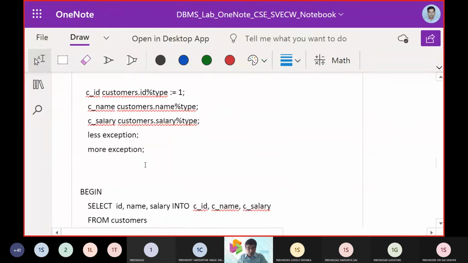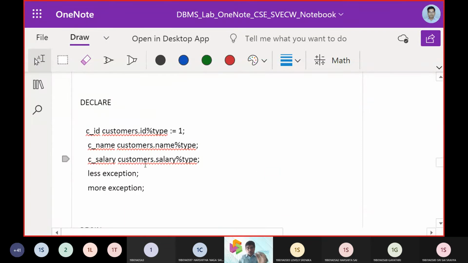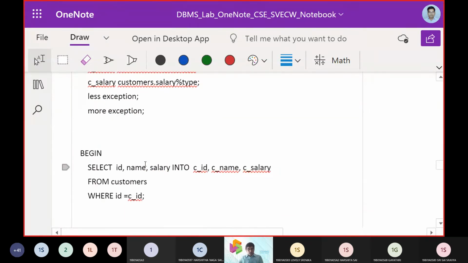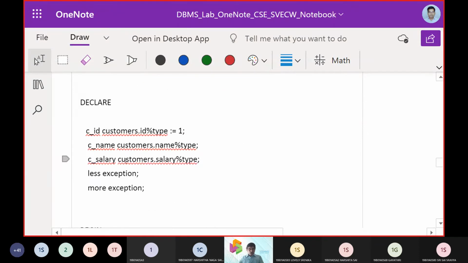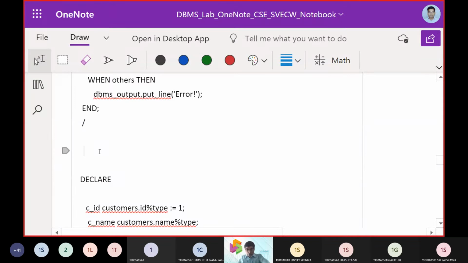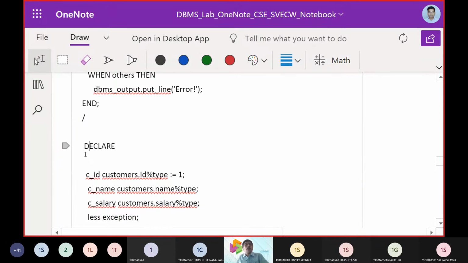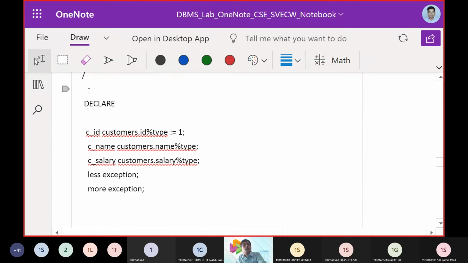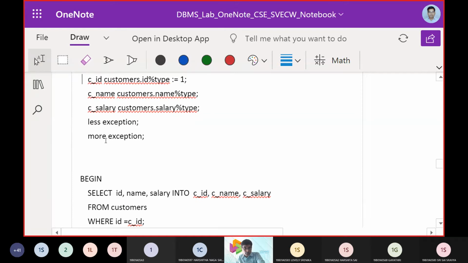Next one was quite interesting: less exception, greater exception. So we will start with one more example. We are working with a declarative part. In this declarative part, we take up customer ID, the same types.